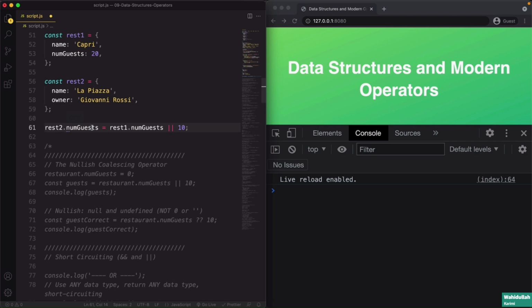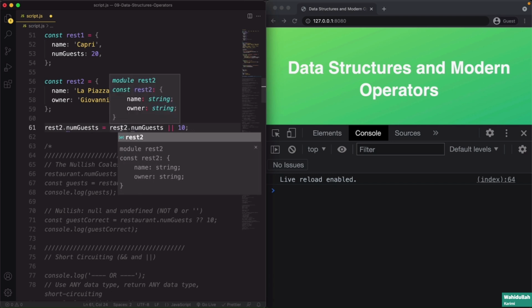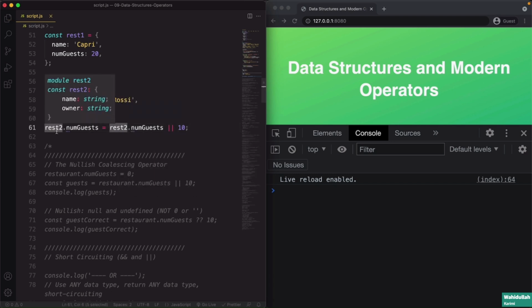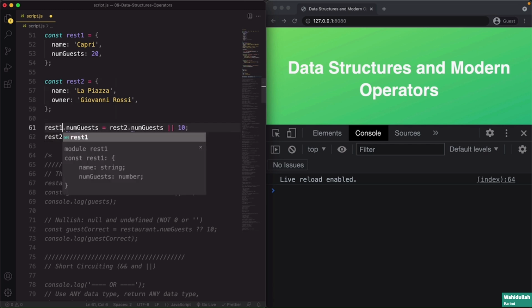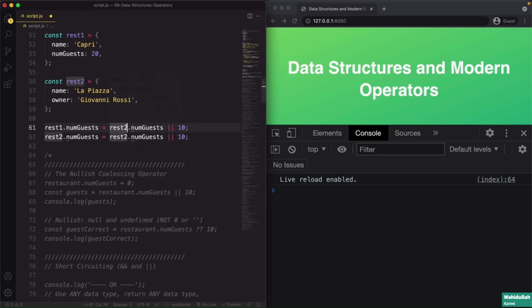Okay, and in fact, let's duplicate this line here. But first I should fix it, because of course the number of guests in restaurant 2 should be set based on the number of guests that are in restaurant 2 or not. But anyway, I'm duplicating this now and then doing it for both restaurants here so that we can see the result